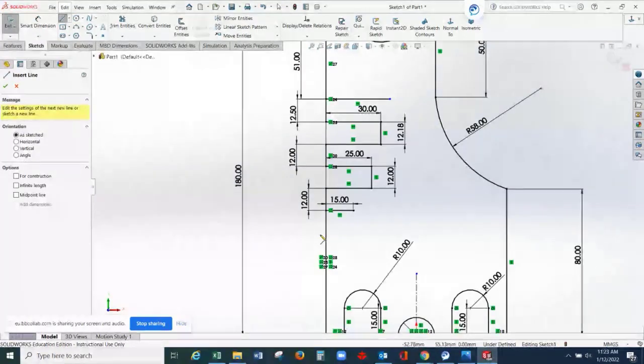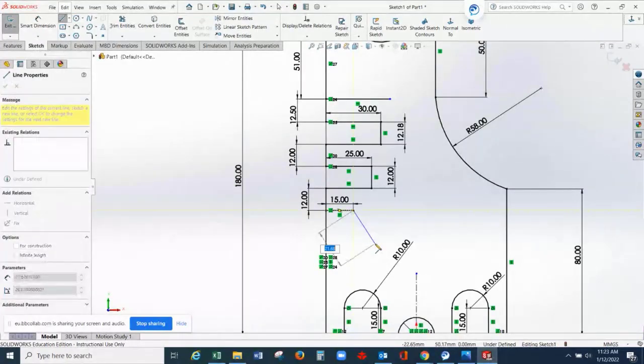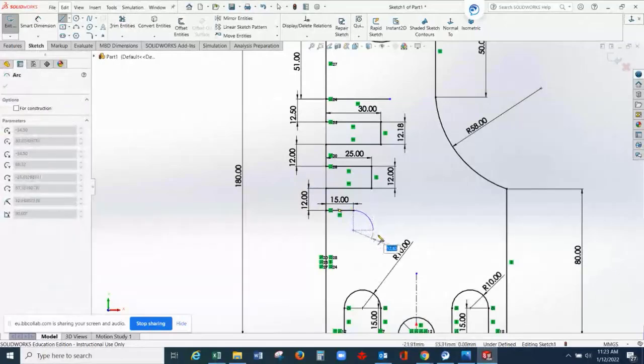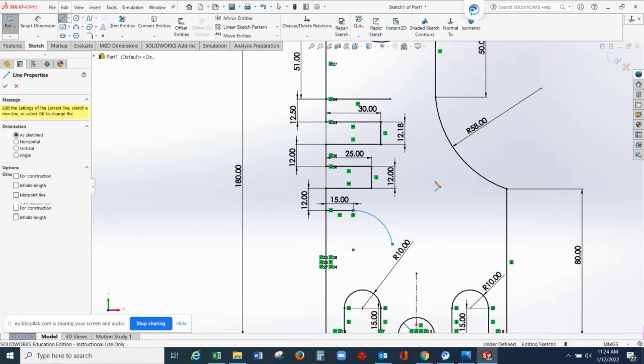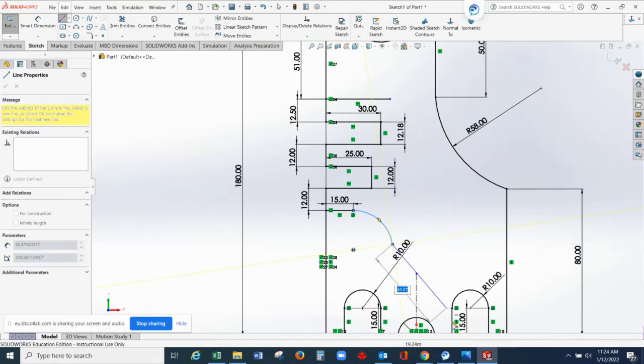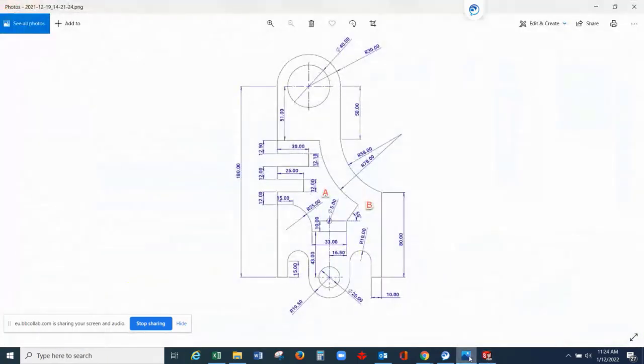So let's try creating a line. So line, I can go back here. If I go back, I can draw a line or arc at any given radius. Then you have your line here, 33.